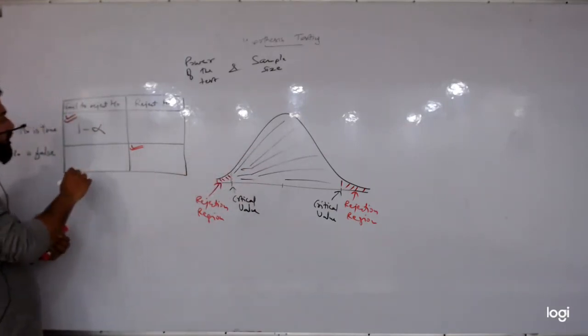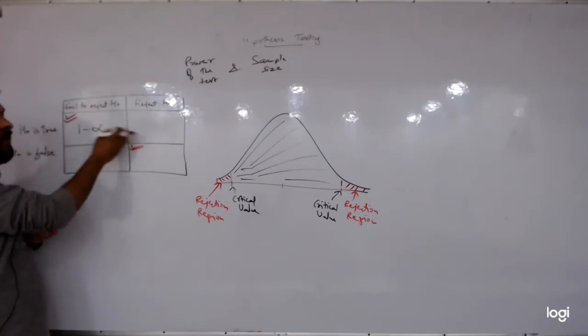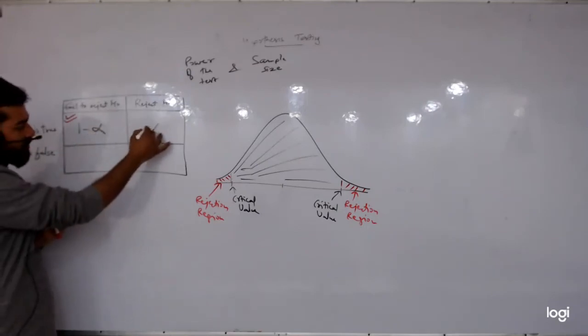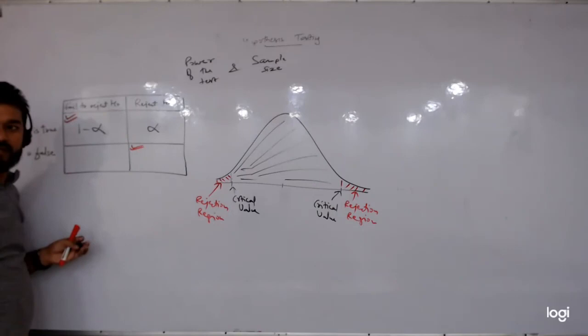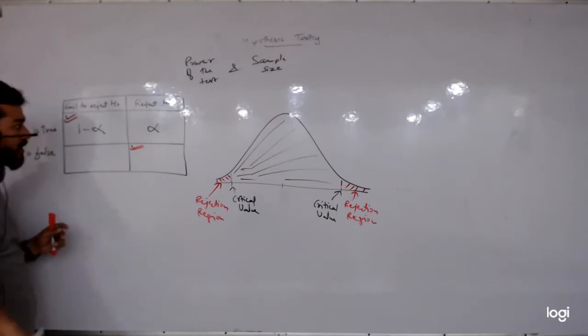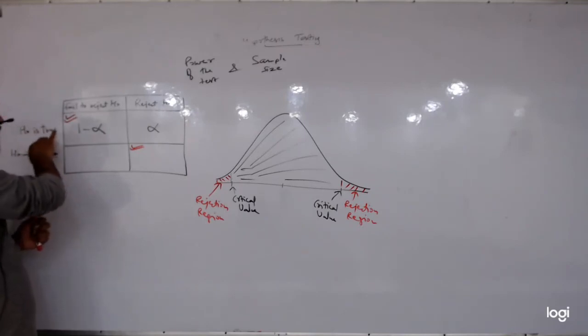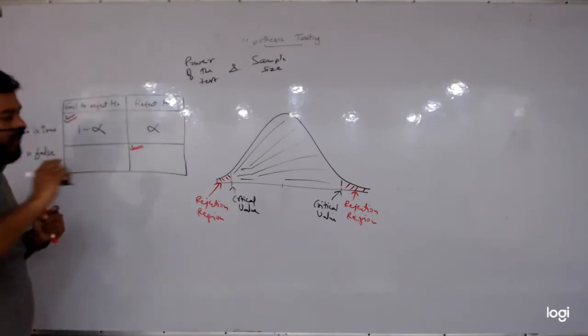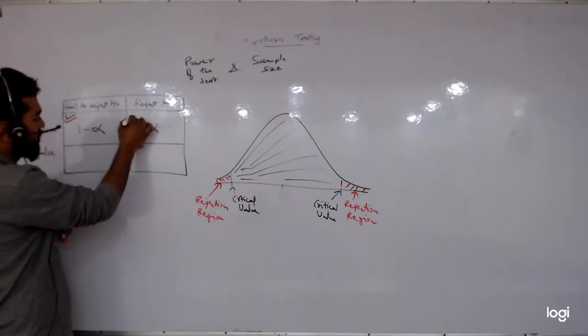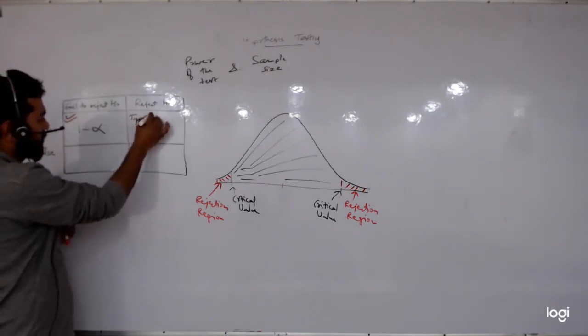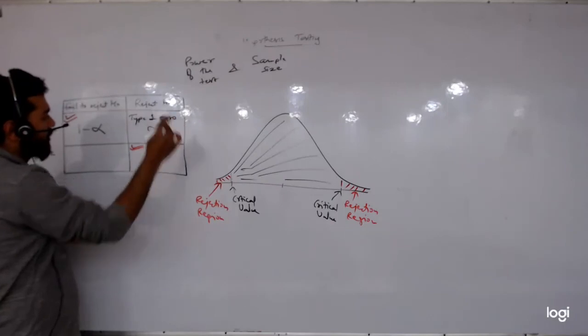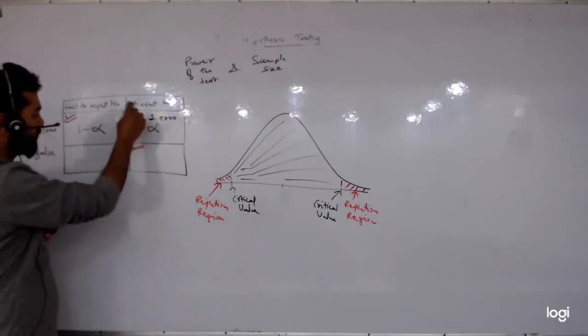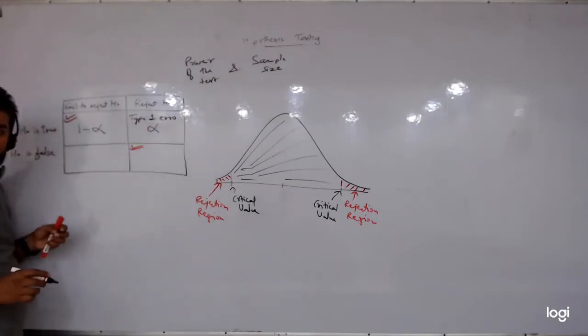Okay, if it's true, either we reject it or we fail to reject it. This is going to be alpha. Alright, now if it's true and we are rejecting it, we are making an error. In statistics, this is type 1 error. Alright,